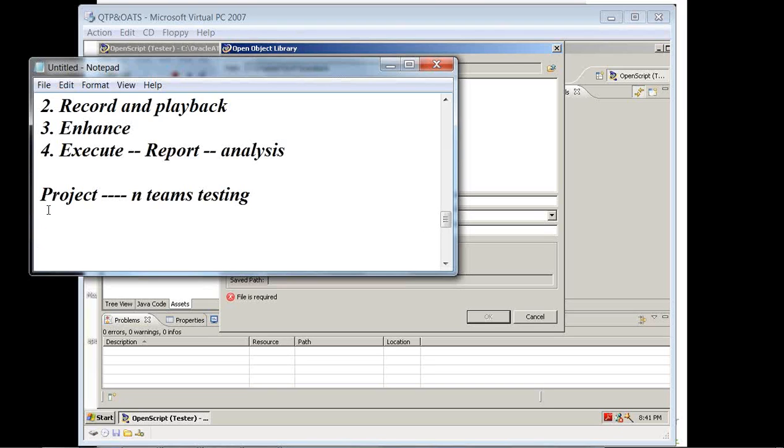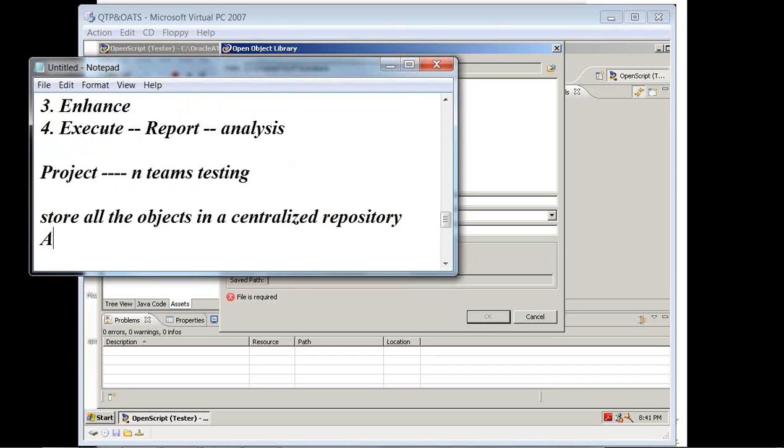Usually we store all the objects in a centralized repository, and we associate that repository to any of our scripts. That means our script will not fail because of objects not being present in the repository.